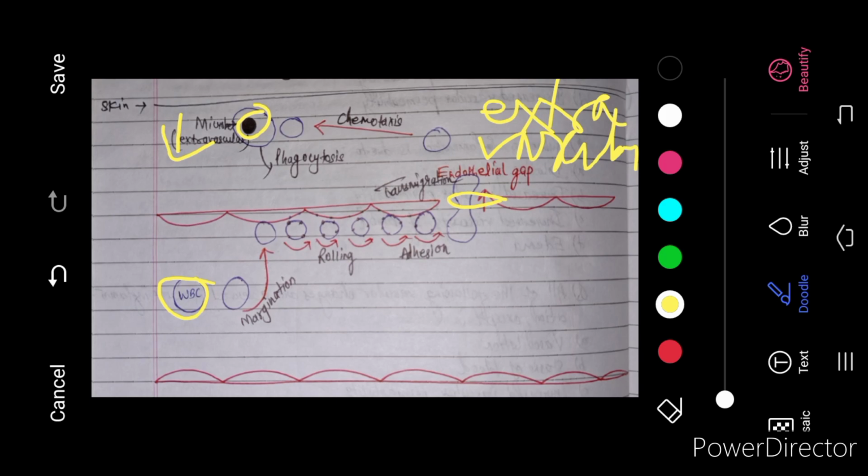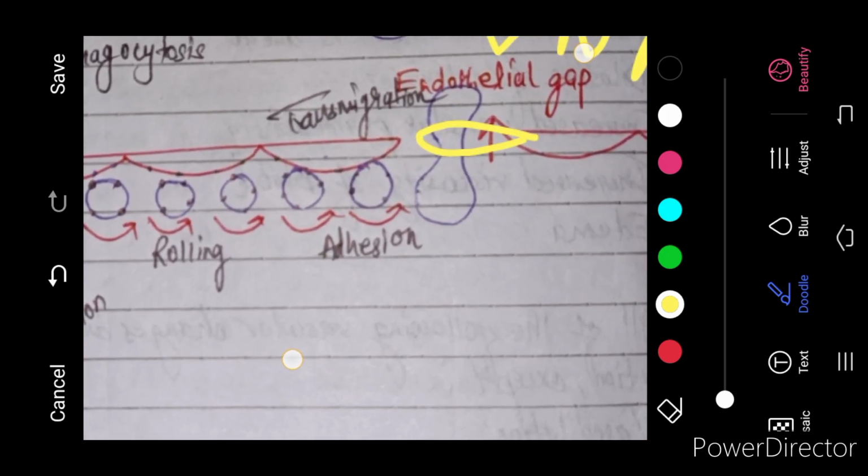Now question arises, what is the problem? We can directly take the WBC out and make a fight with the microbe. So it doesn't happen this way. Have you heard about Bernoulli's theorem? It states that in a hollow pipe, so this is a pipe, whenever any fluid is traveling,